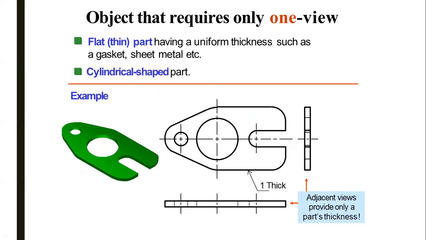Now, this type of object is a thin plate with different types of holes in it, and over here only one dimension is given. So this is the front view, this is the top view, and this is the side view. For this object only one view is very important, which is this one. This is considered the front view. Why do I consider this the front view, and not this one? Because the side view is drawn beside this front view. So this is the front view, this is the side view, this is the top view. Only the front view is sufficient to understand this object.